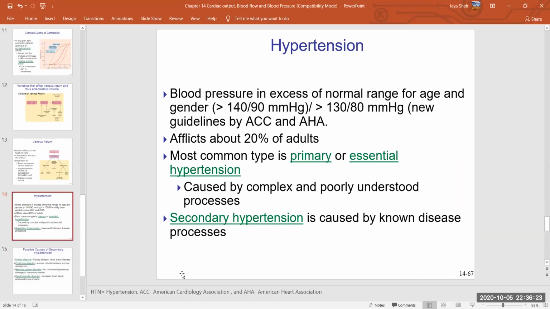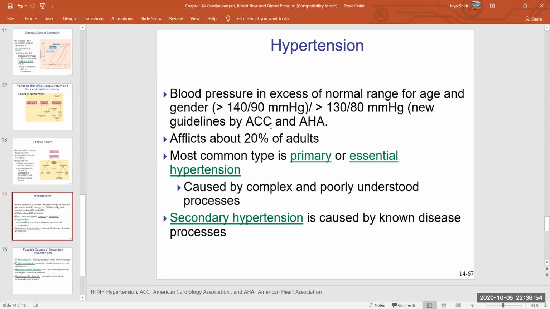Okay, and then we're going to talk about hypertension. So hypertension is blood pressure in excess of the normal range for age and gender. Traditionally, if blood pressure is more than 140 over 90 millimeters of mercury, then we call it hypertension. But new guidelines by the American